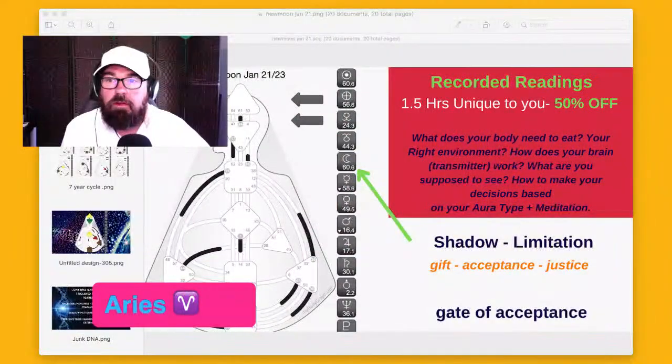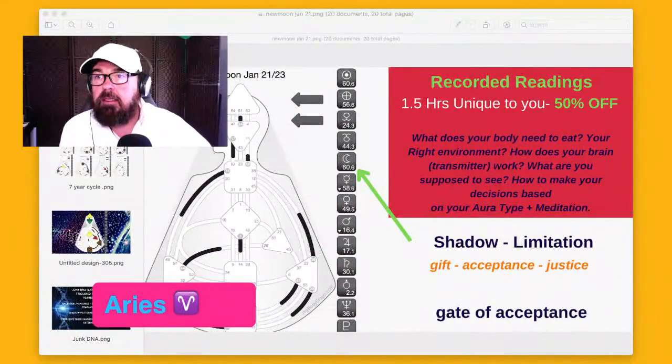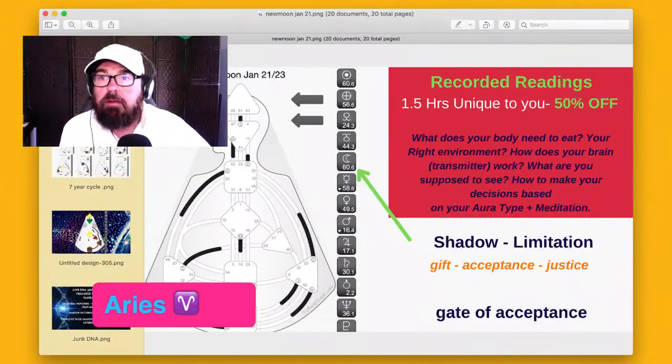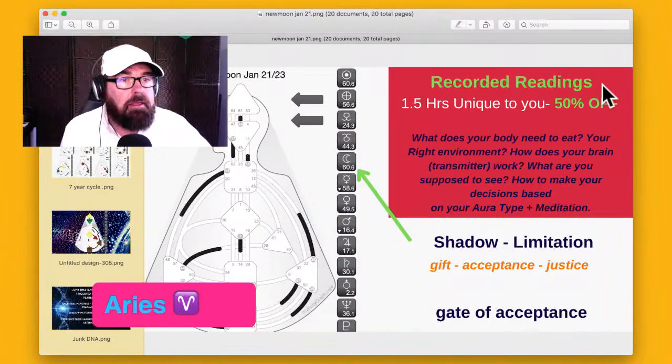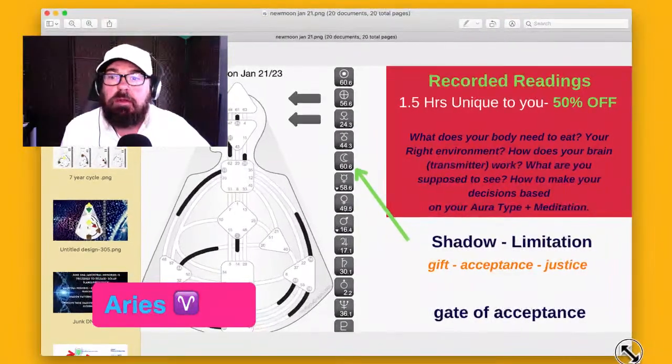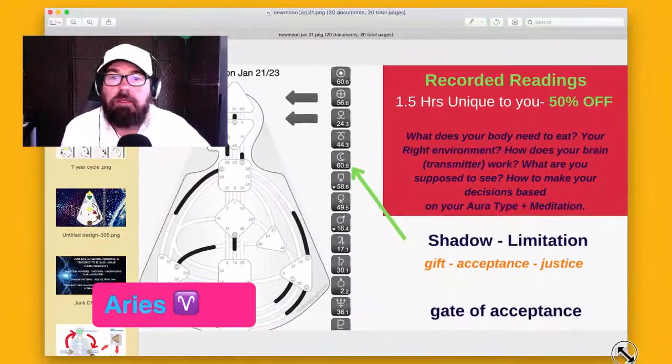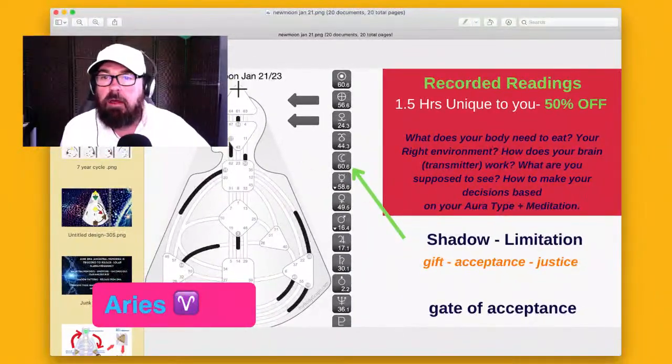So let me share my screen here. I want to get out of this, actually. There we go. Just let me get all this little set up here, and then we'll get into it. Okay. It always takes people a little while to log on. There we go.